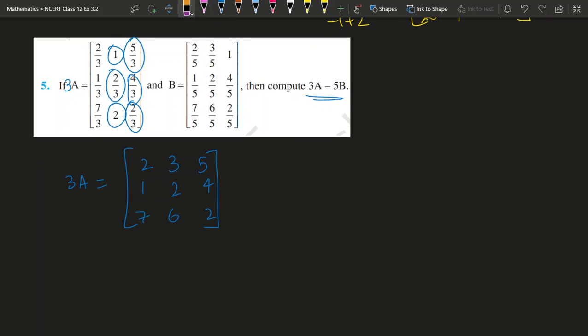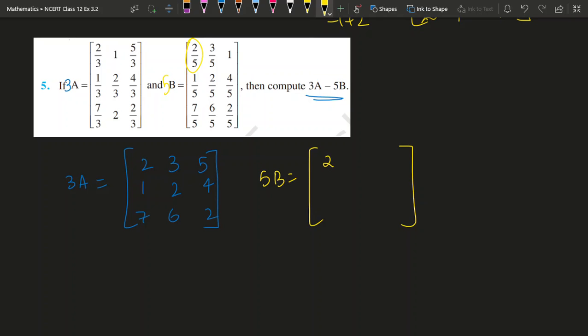Great. And then let's move on forward to computing 5 times B. So you have to multiply each element of B with the number 5, and 5B would be equal to, so 2 over 5 times 5 will be 2, 3 over 5 times 5 will be 3, 1 times 5 will be 5, 1 over 5 times 5 will be 1, 2 over 5 times 5 will be 2, 4 over 5 times 5 will be 4, continuing 7 over 5 times 5 will be 7, 6 over 5 times 5 will be 6, 2 over 5 times 5 will be 2,